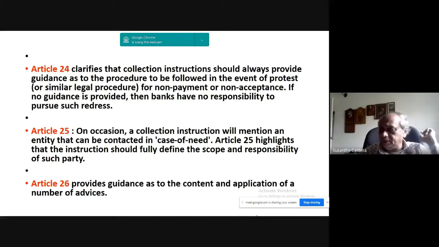I'm sure banks like the two banks I have worked, SCB as well as HSBC, when we are sending the acknowledgement of collection, we say we will not undertake noting and protesting and storing and insurance of the